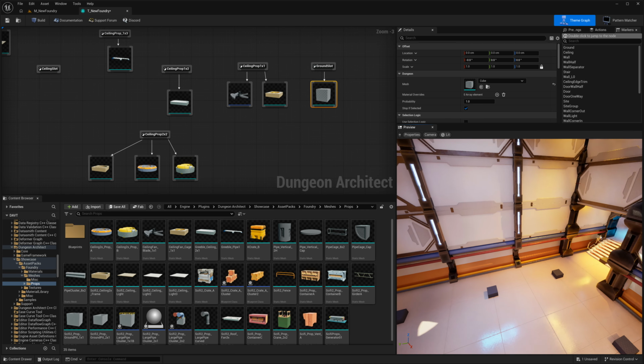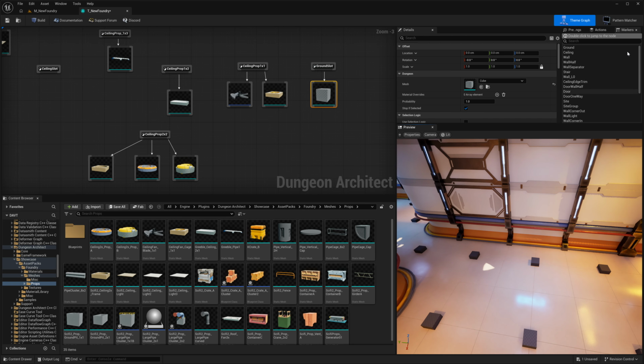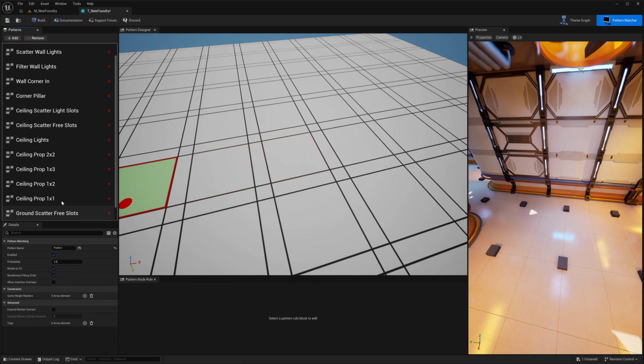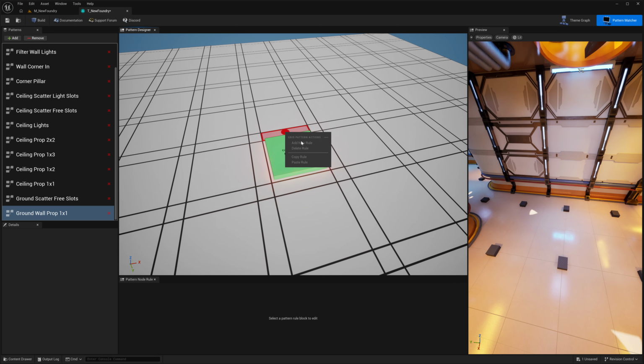All right, let's start with the most basic rule. We want to have some props or containers right next to the wall. So let's do that. So add, and say ground prop 1, ground wall prop 1x1. So here add new rule, marker exists, ground slot, and add